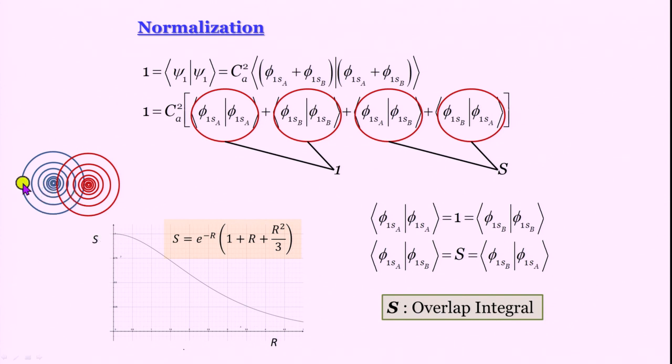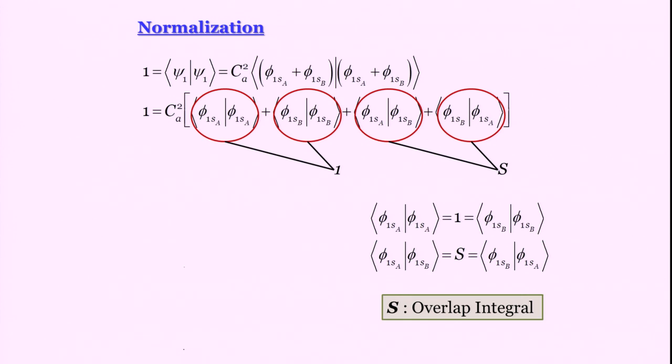Okay. Of course, if this is 0, that means what? They will both be together. Saturation value, what should it be? You work it out yourself. These are normalized orbitals. So, if capital R is equal to 0, this is your exercise. Please work out what is the value of the overlap integral when capital R is equal to 0. And this is what I have shown for 2 1s orbitals. You might as well work it out for say s and p orbitals, p and p orbitals in different orientations, so on and so forth. This is your overlap integral, which plays a very, very important role in bonding.